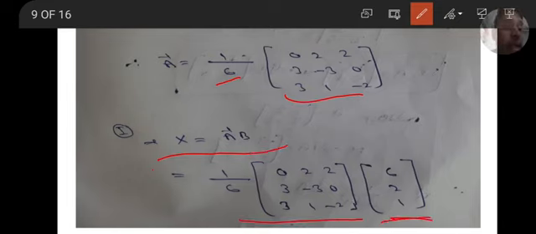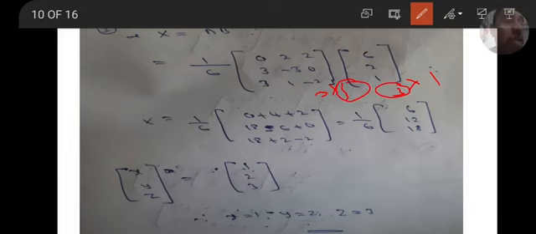We calculated the determinant of A and the adjoint of A. Therefore, A inverse equals 1 by det A into adjoint A. Det A value is 6. So 1 by det A into adjoint A means 1 by 6 into 0, 2, 2, 3, minus 3, 0, 3, 1, minus 2. Therefore, from equation 1, X equals A inverse B, this is the A inverse matrix and it is the B matrix. So we have to multiply